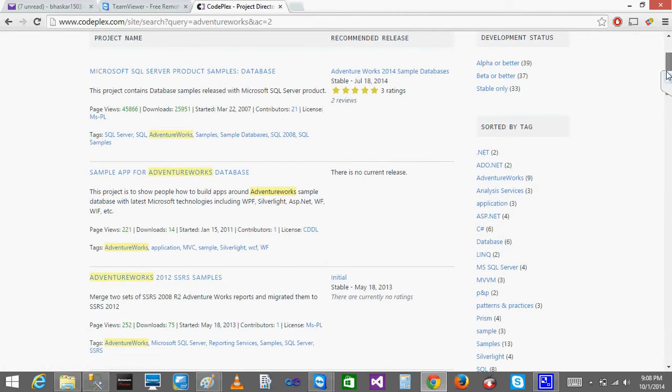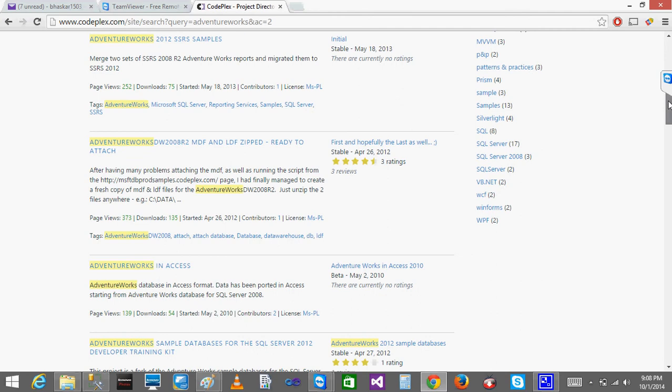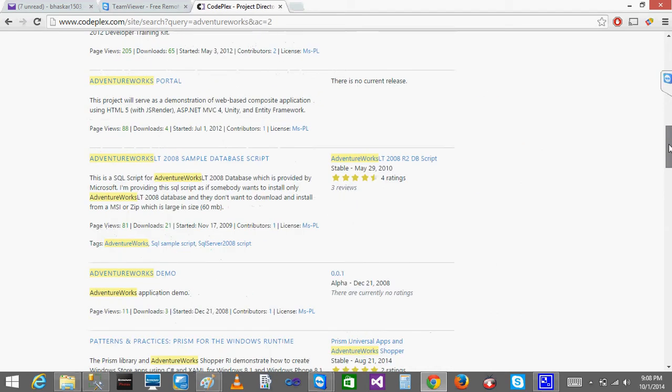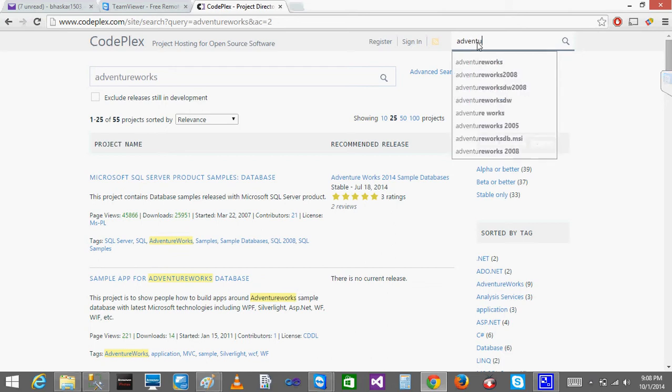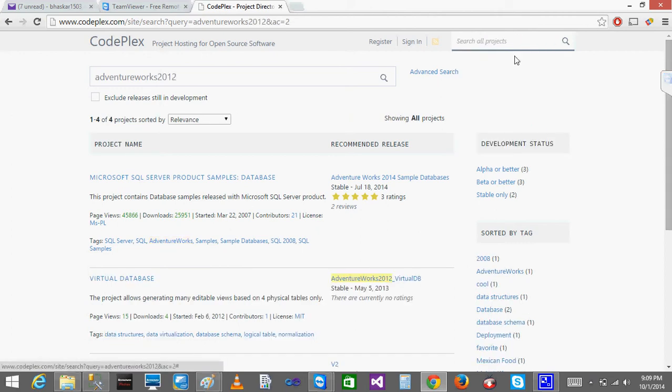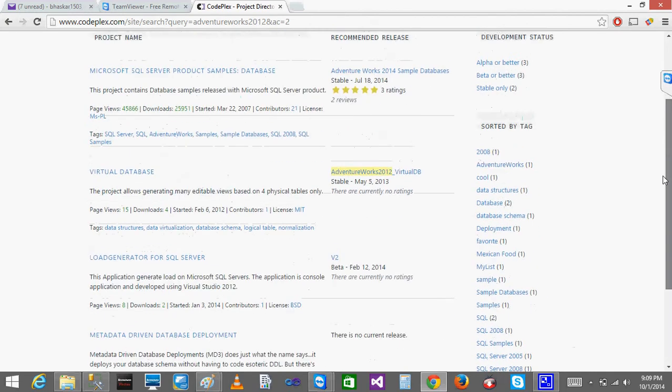So here, what is my database? My database is 2012. Somewhere you can see AdventureWorks 2012, or I can click here again and type AdventureWorks 2012. My database is 2012, right? So when I click search, I'll get all database files. It's showing 2014, but you'll be getting the 2012 also somewhere.